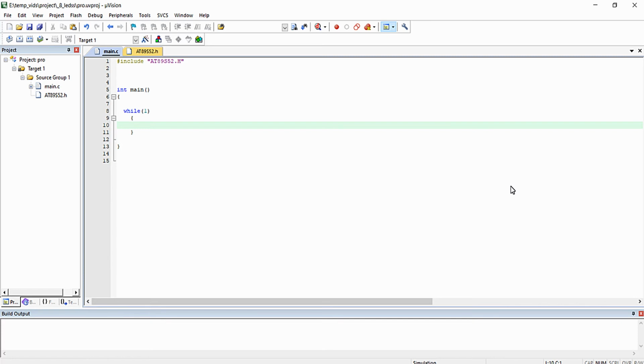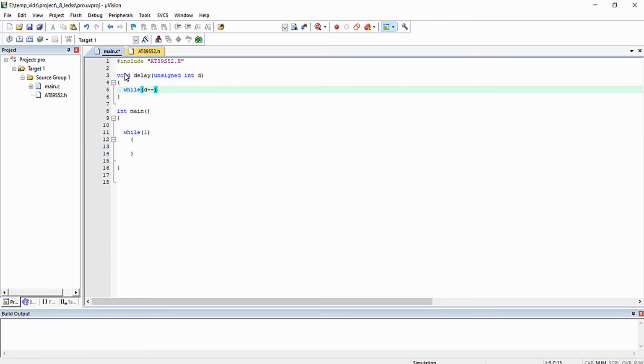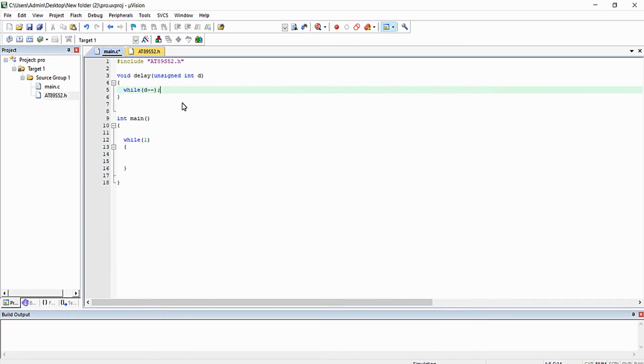I'm going to decrement this variable that I'm fetching using this function, and terminate it. Now you can see until this variable becomes 0, the program will be held inside this while loop. So this is the logic. Remember that this is a very rough delay, so we will not be using this delay for accurate timing purposes.